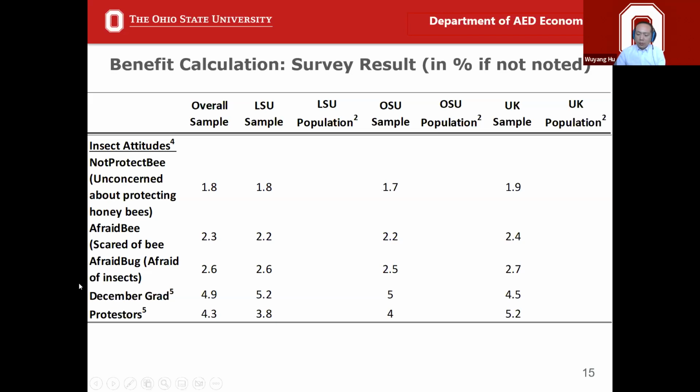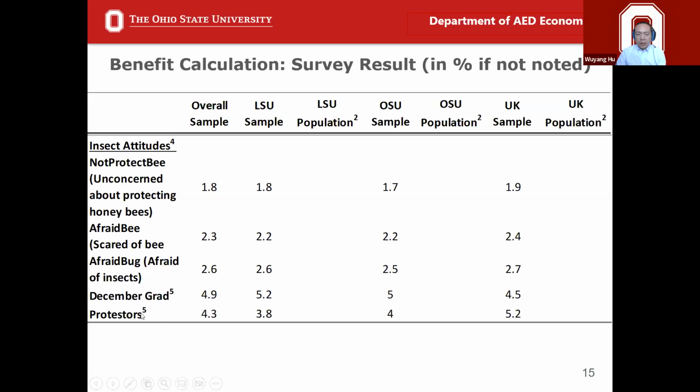We have some other attitude questions. Again, these are not the focus of the study. We can just quickly glance through. We asked them, do you think bees should be protected? Are you afraid of bees? And do you protest? What does that mean? Some folks may think that a conservation program or effort is not part of my job. Universities should be doing that, should not be asking me to help out. So they're not protesting about honeybees. They're protesting about the effort of why a public university is asking me to support. So we ask those kinds of questions.